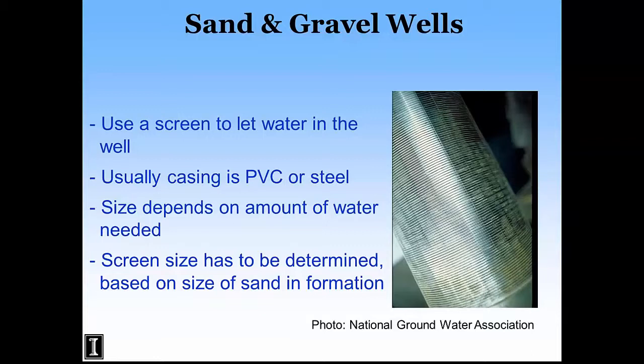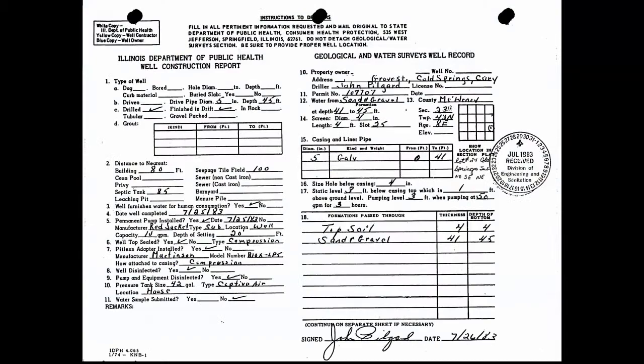A lot of times these are 5 foot or less, and so it's only the bottom 5 feet of your well that's actually providing water. But because sand's so permeable, usually it provides plenty, and that's why you don't need to have the whole length of your pipe screened. Here's an example of a well log from Illinois, and it's only a 45-foot well, but